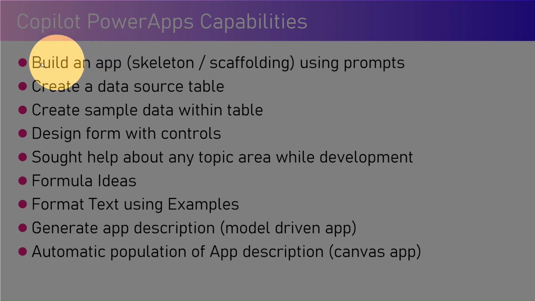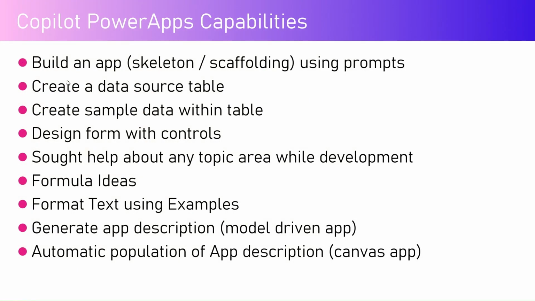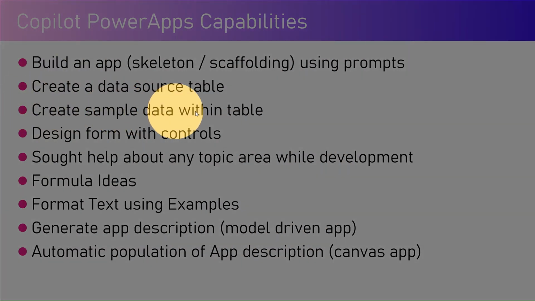While you start building an app, it allows you to render the skeleton or the scaffolding using the prompts, okay, which I'm going to demonstrate in this particular video. Now, you can also create a data source table. So, if you do not have a table for the app, you can author it right from there itself. You can rightfully start authoring the data source table. And also, if you want to populate sample data within the table, that also you can do using the Copilot